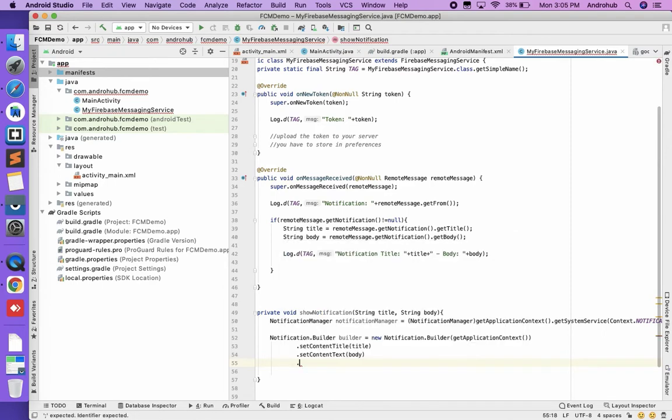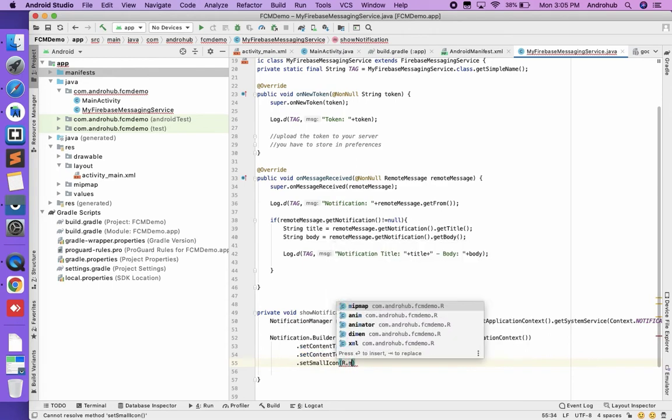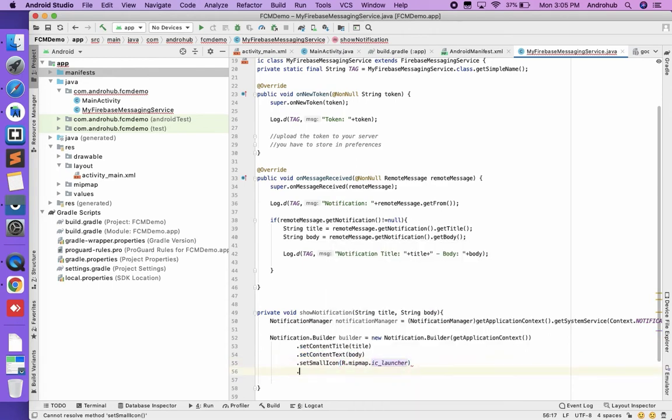What else we can do? setSmallIcon, which will be required, R.mipmap.ic_launcher.